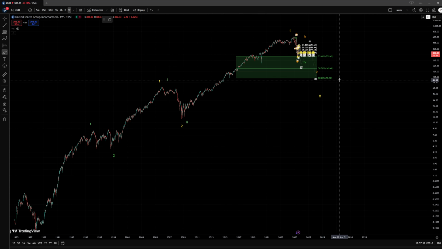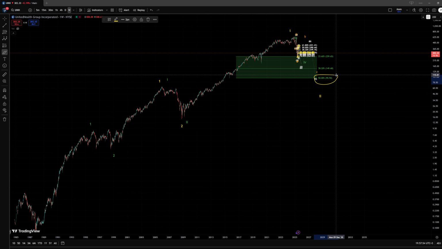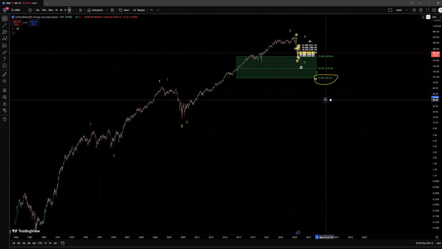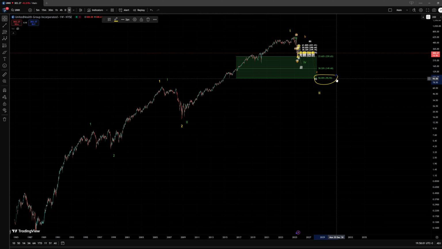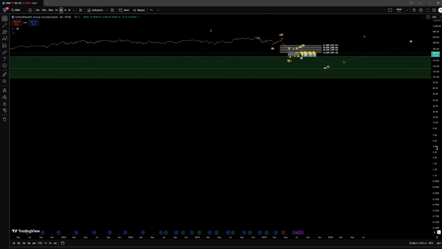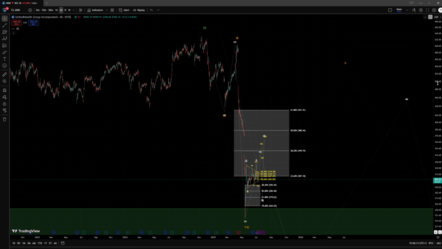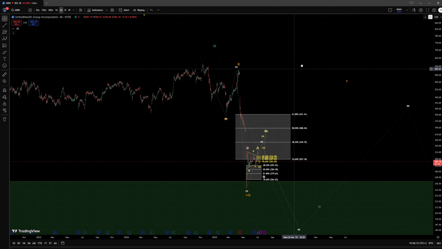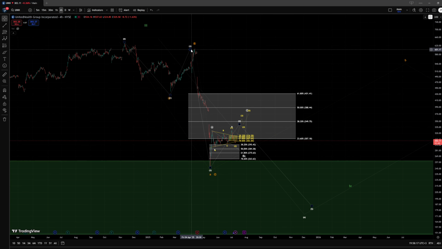If we break below the 50% Fibonacci retracement here, I will start considering the yellow scenario, since the green scenario will be invalidated, but until such a thing happens, I still highly prefer the green scenario for this chart. Now, going into the shorter time frame, we are still tracking the same counts from the previous videos, and in the